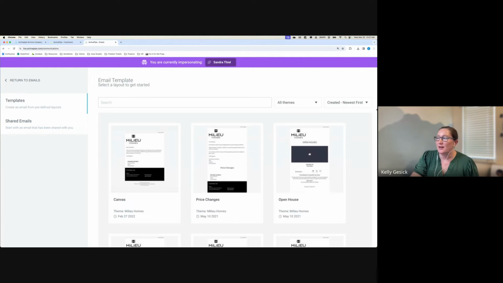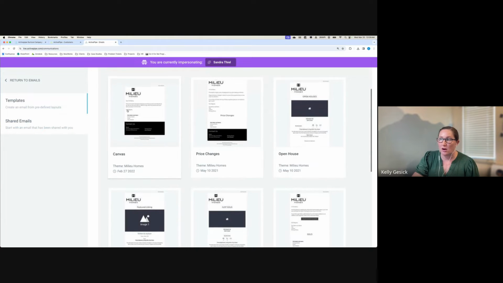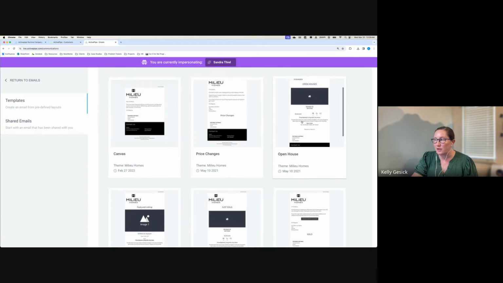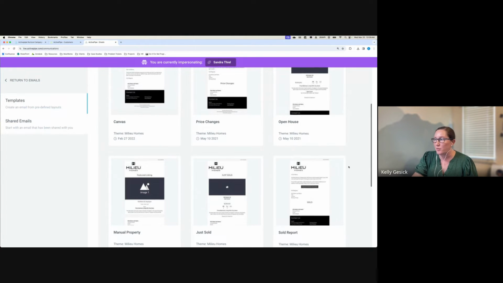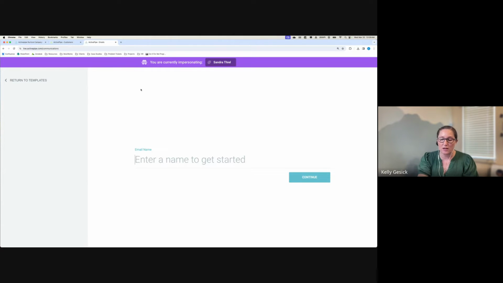Awesome. So within ActivePipe, the way this works for Radius is the branding is specific to you. As long as you've made those branding choices and we've gotten them, your pieces are set up with your brand already. Since I'm in Sandra's account, it's going to show her branding. I'll just pick this canvas template, but you do have additional templates already built out with basic pieces that you can customize or just start using. So you've got just sold, price changes, open houses, things like that. Or you can pick up the canvas, which is basically our starting point